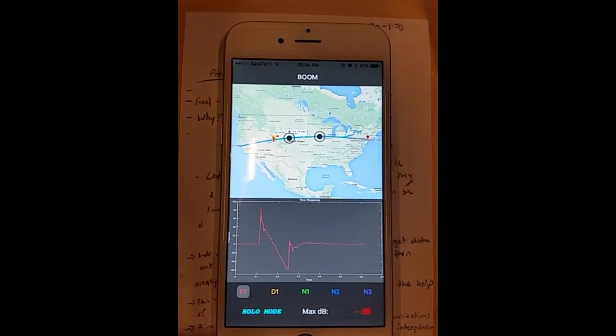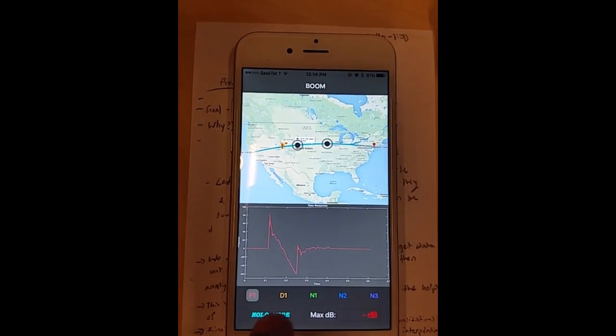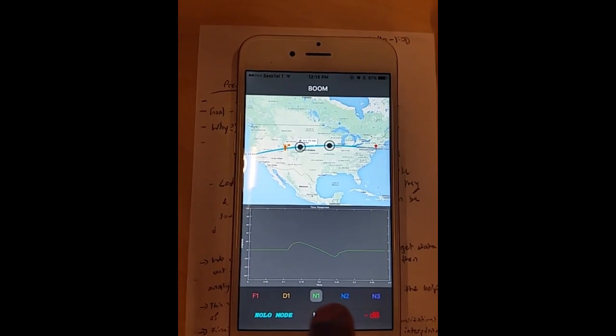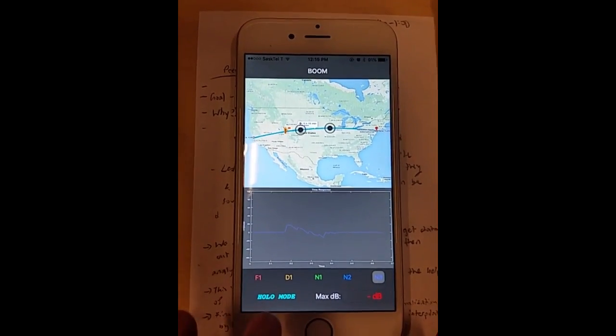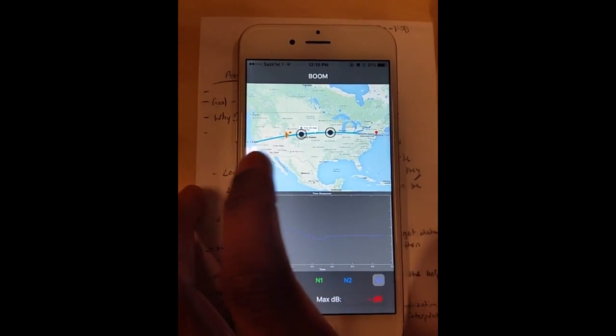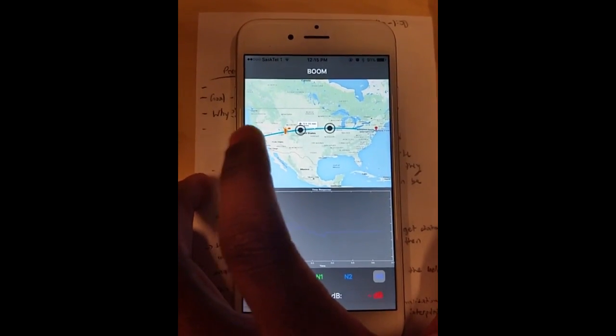For the demo, as you can see here, we've got the various sound clips over here, which are all plotted in real time in the time domain. And what we decided was that was not enough information. So what we wanted to do was we actually created a map which shows a route from Los Angeles to